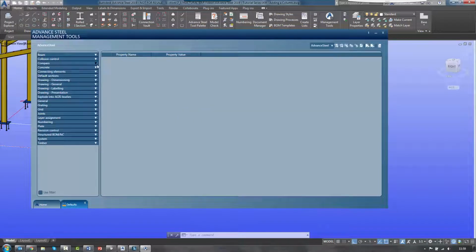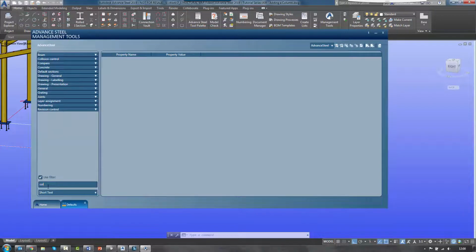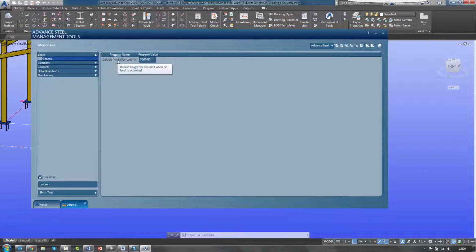Now, if you're used to Advanced Steel, you can sort of start to see where different management tool controls are, but if you're unsure, you can use the Use Filter button. And if you select the Use Filter, it gives you an area that you can simply type the name of the default that you're looking for. And I've just simply typed in column. I expand beam, and you'll see under the general section, in the management tools, I've got a default height for